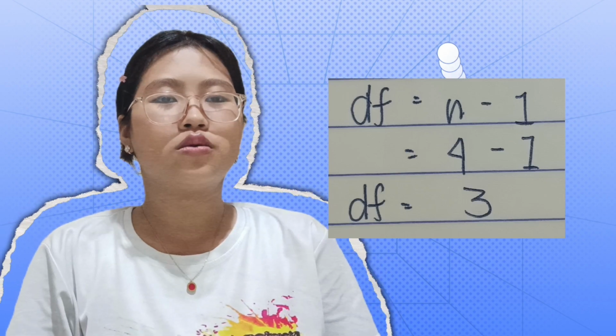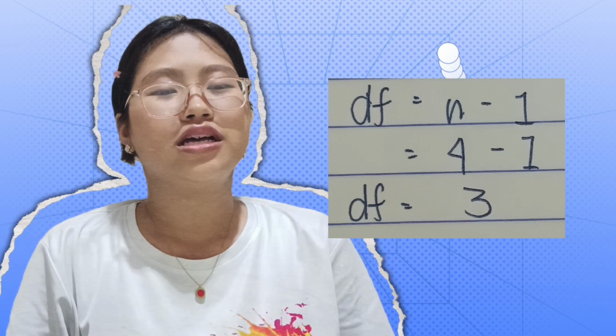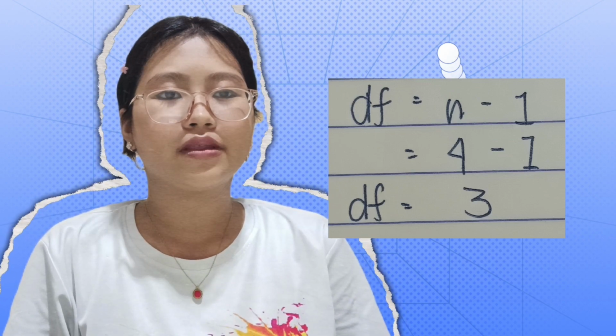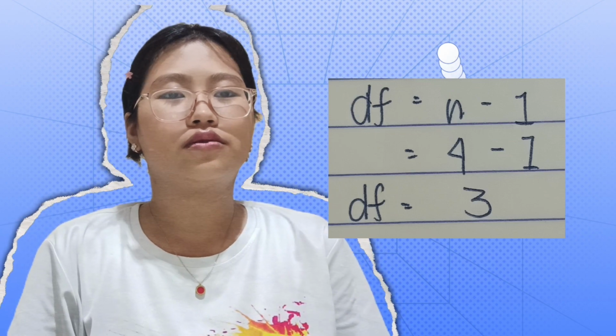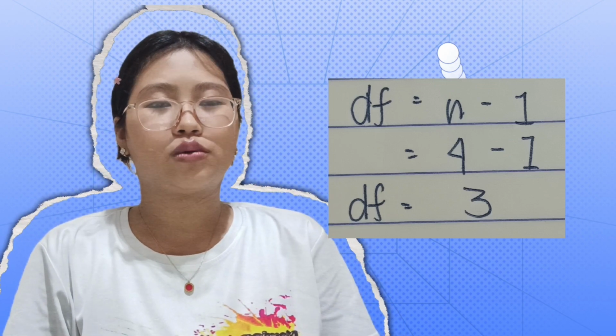So, we will just use the t-table. Same formula, df is equal to sample size subtracted by 1. So, substitute. Our sample size is 4. So, df is equal to 4 minus 1. So, our df is equal to 3. So, using the chart, we will just look for 3 and then